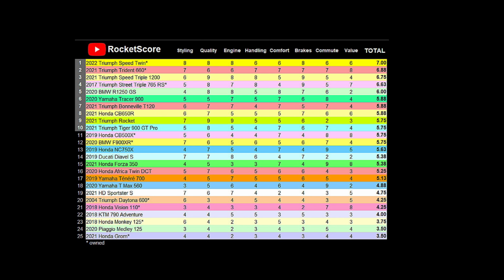You are, of course, perfectly free to disagree with any of the figures, but I do not intend getting into a debate in the comments section about why the Triumph Rocket should get 4 for styling or the Honda Grom 8 for handling. At the end of the day, the RocketScore, as I'm calling it, is just a bit of fun and really not worth getting hot under the collar about. I'm not going to attempt to justify every mark I've given here, but as this video is also about the Sportster S, I'll quickly run through my reasoning about this bike